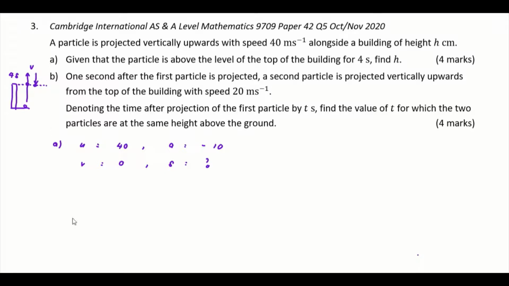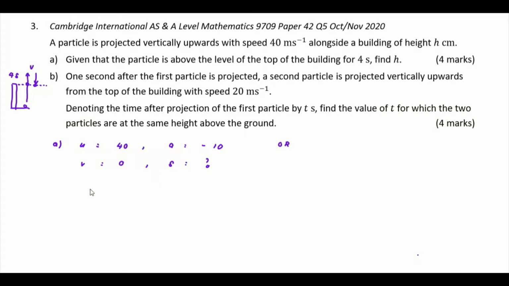Okay, so let us try to use this approach before I introduce the approach of time, because we have 5 variables, right? So which means another one, we are going to use the time here. Okay, so now let's start with the first one first. So what am I finding is the total distance of this height, the height above the top